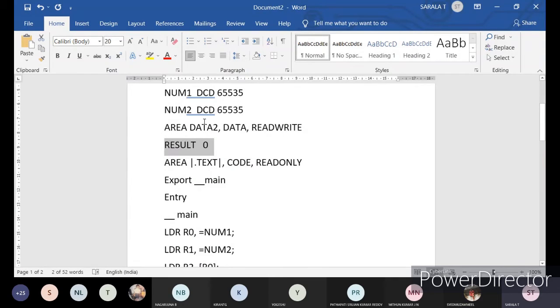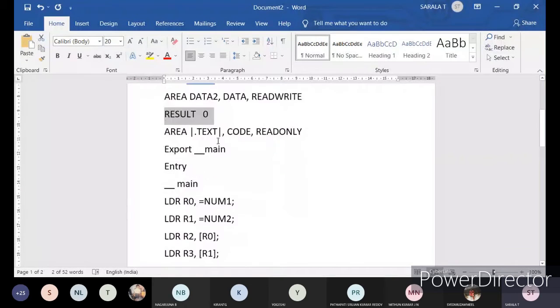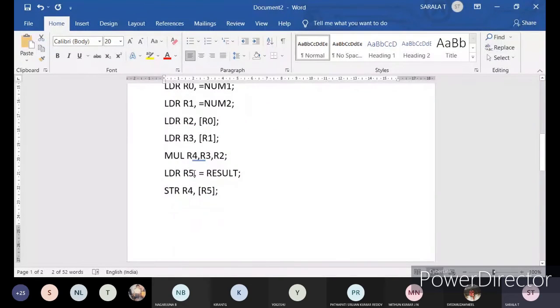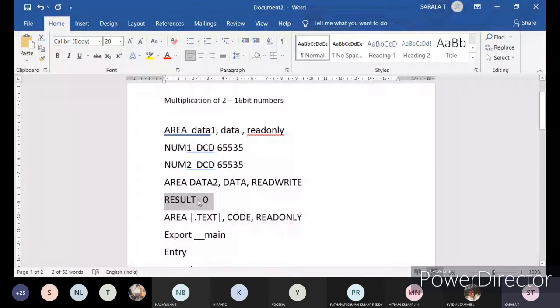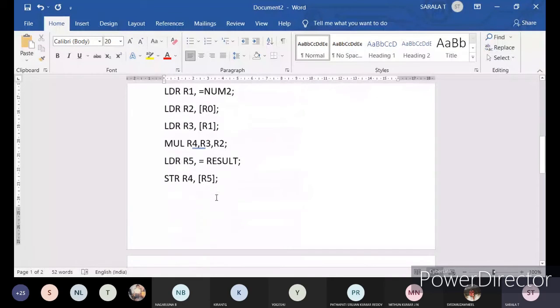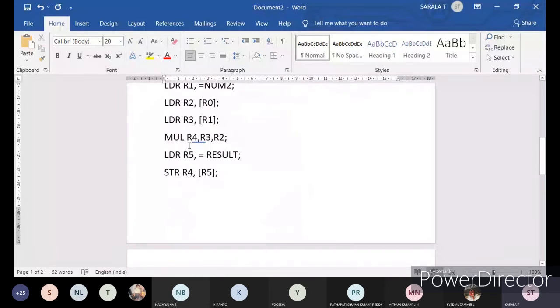This is one more memory address where I want to store the result. The memory address of this variable result I am taking out into register 5. In register 5, I have the memory address of this 0. This 0, I want to change with the result. The result we got is stored in R4.